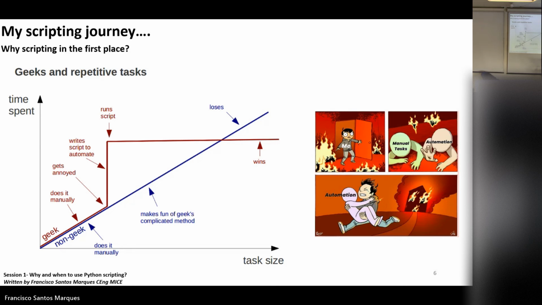but if the tasks start to increase in size, and that's true, for example, when we are dealing with complex modeling like 3D models, or projects in which we have, I don't know, a pile foundation which has 100 piles, 200 piles, and you have to extract the results one by one. So it reaches a point that if you already spent some time to create that script to extract that, then in reality, it doesn't matter what the size of the task is, because you don't need to spend any more time. You can use the script, and you reach a point that having the script becomes much more efficient than trying to do things manually.